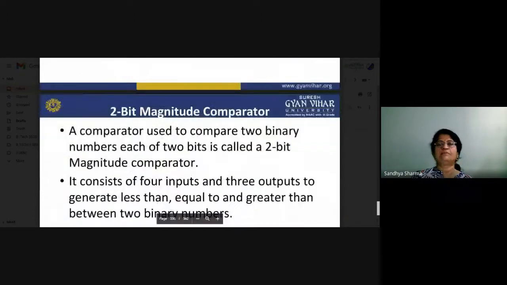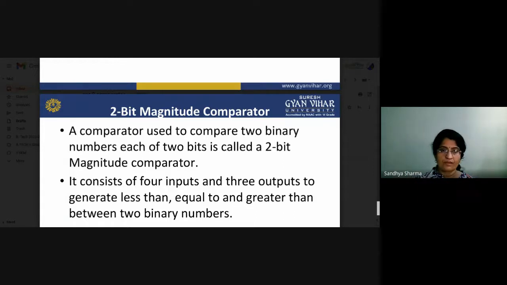Now there is the 2-bit magnitude comparator. So what about the 2-bit magnitude comparator? A comparator used to compare two binary numbers, each of 2 bits, is called a 2-bit comparator, because it compares two binary numbers.